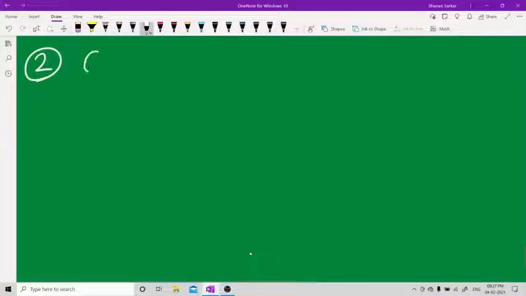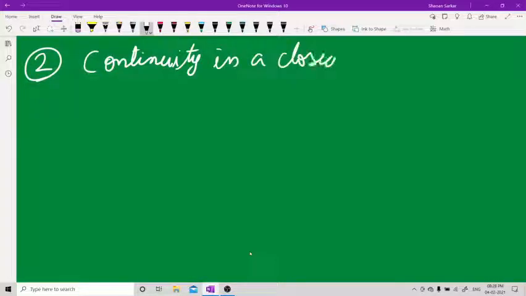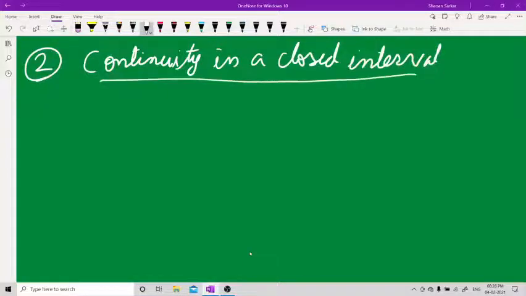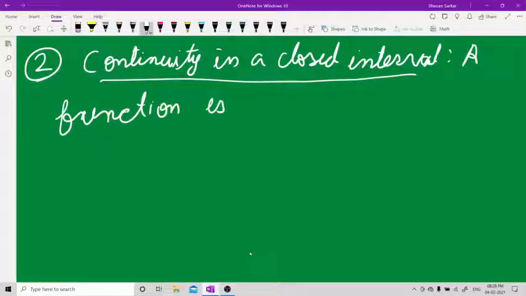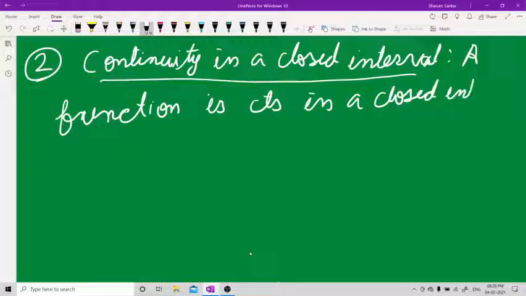Continuity in a closed interval. A function is said to be continuous in a closed interval a comma b